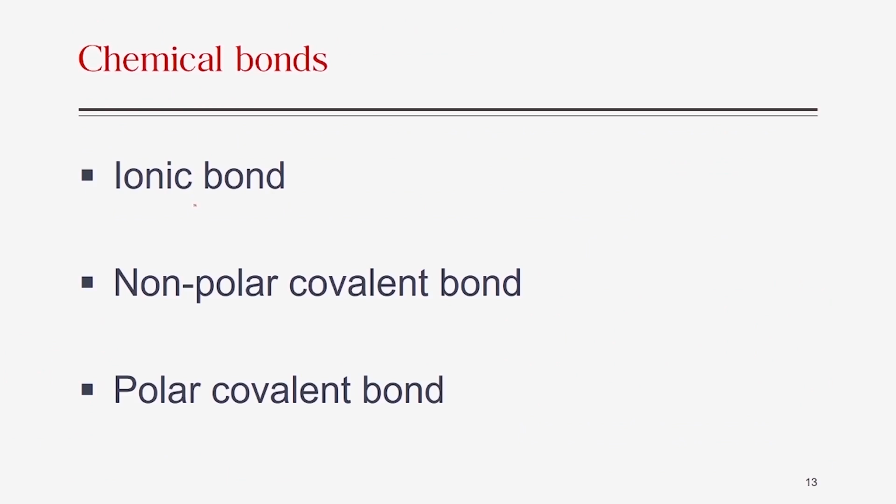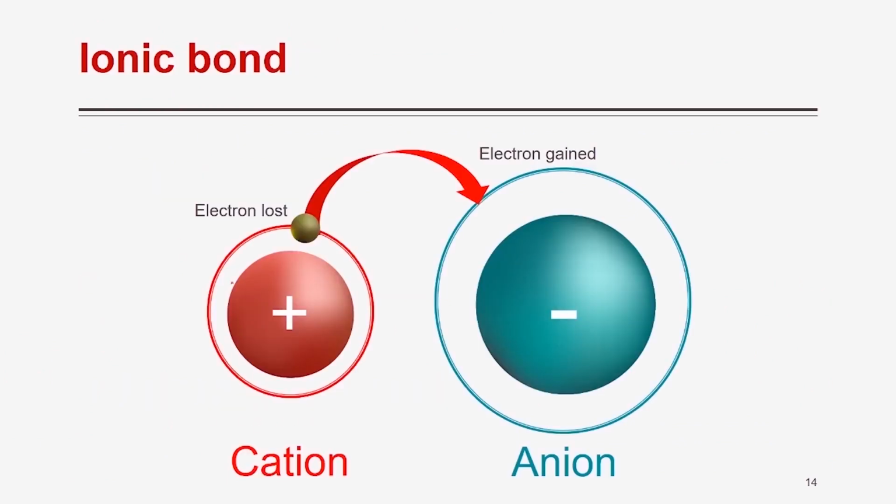There are 3 types of bonds: ionic, covalent, and polar covalent. First, the ionic bond. This type of bond forms between atoms due to the ionic interactions. During the atomic interactions, the atom loses electrons and becomes a cation to an atom that gains the electrons and becomes